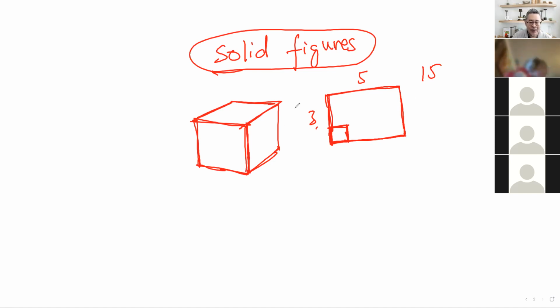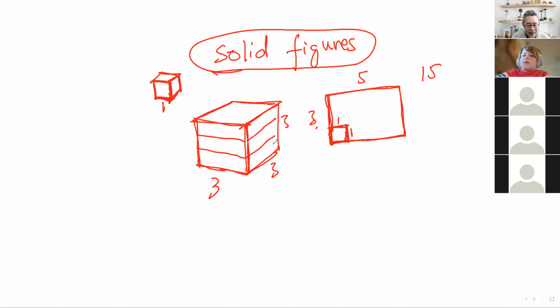Now, how do we figure out the volume of a solid figure? We just need to figure out how many unit cubes. A unit cube is 1 by 1 by 1. So all sides are 1. Just like in two-dimensional, all sides are 1. And here it's three-dimensional, so we got the width, length, and height. So 3 things, but they're all 1. So we want to see how many can fit in. So if this is 3 by 3 by 3, then you can see here,